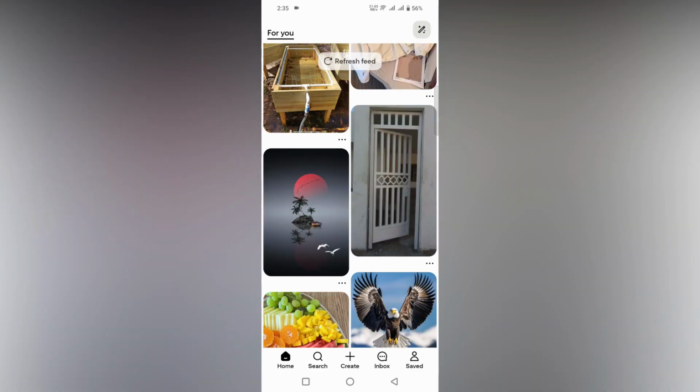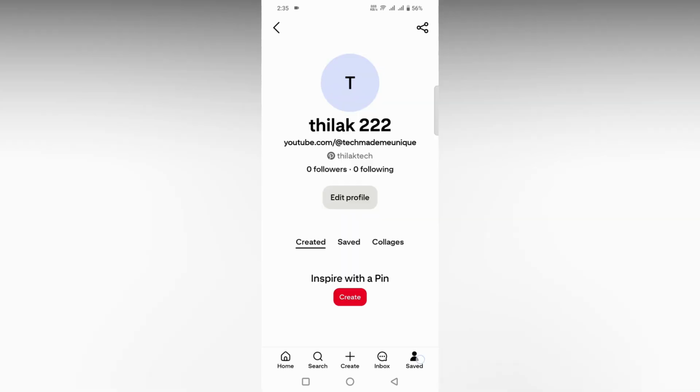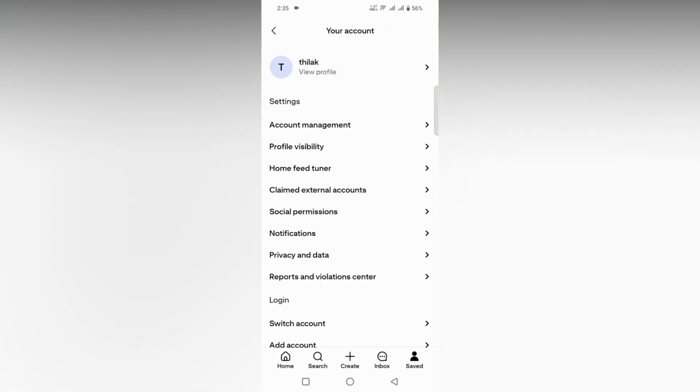So here I'm just going to show how to share your Pinterest account to anyone. So first of all, go to the unsaved option here. So you have the UI or the page looking like this. Then you just need to click on the top left corner on the profile and click on the view profile